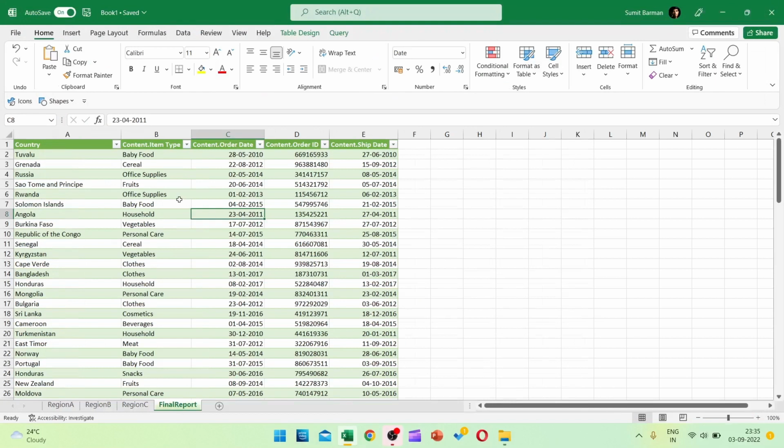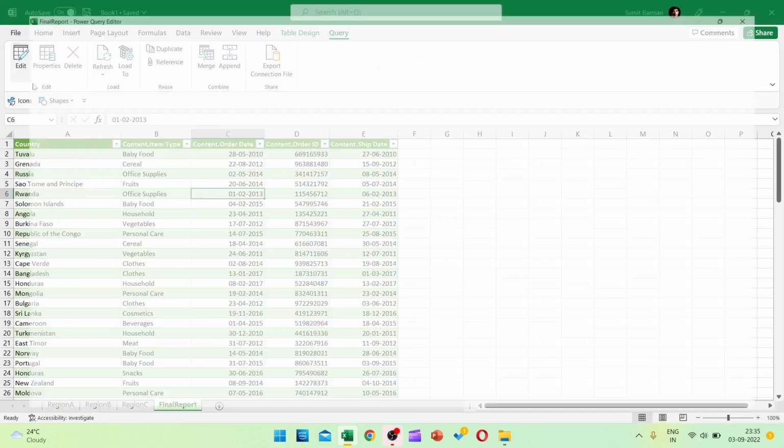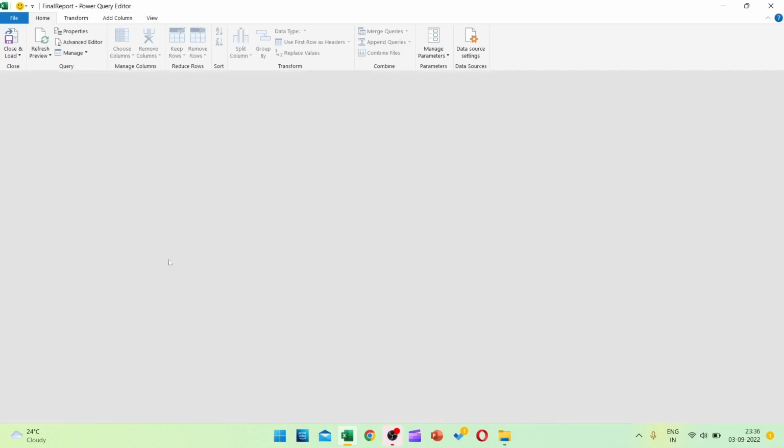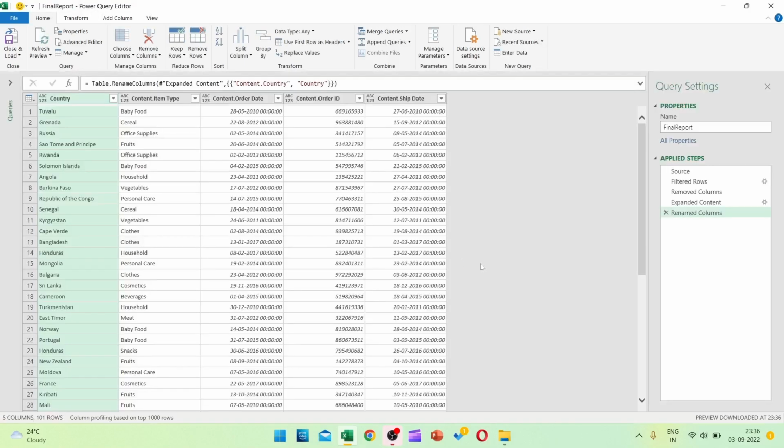Now please note that in case you want to edit the query you just ran, you can do that by just clicking on the final report table. You will find this new tab, Query, and just click on edit, and you will find that the Power Query Editor opened up, and you can change whatever you want, for example, I have